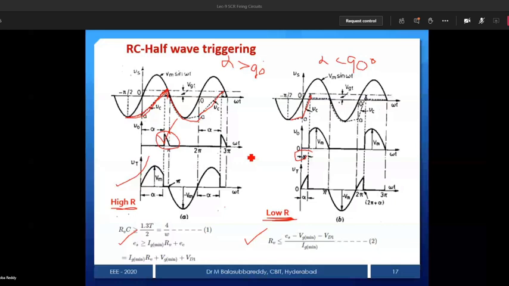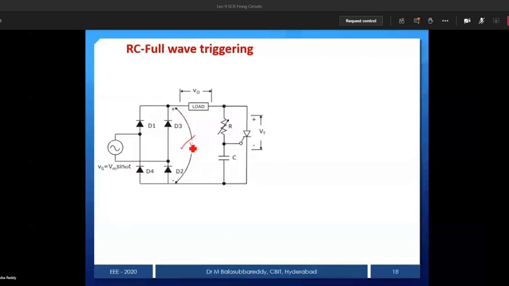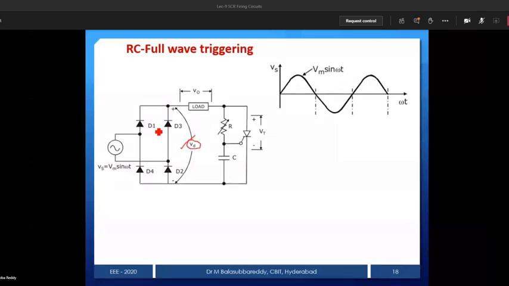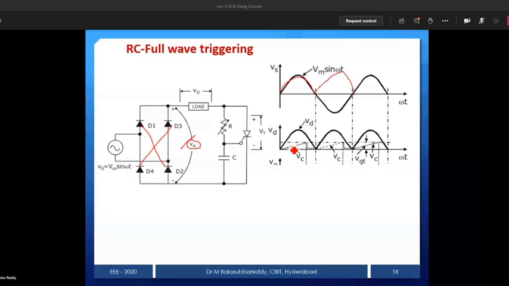What I want to do is make it like this. This is positive. So the input is the AC supply. You can see that the input is AC. Then use the diode rectifier. In the positive half cycle D1 and D2 will conduct, then the output will be the same as the source. During the negative half cycle D3 and D4 will conduct, then the output also will be the same as the source. This is our diode rectifier output. So this point we are connecting to the rest of the circuit.